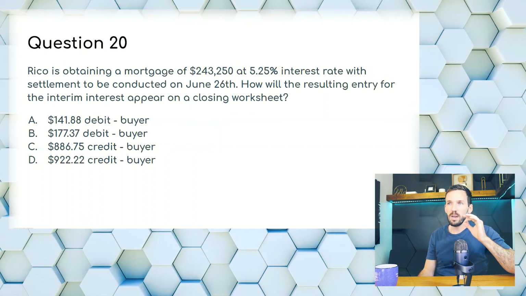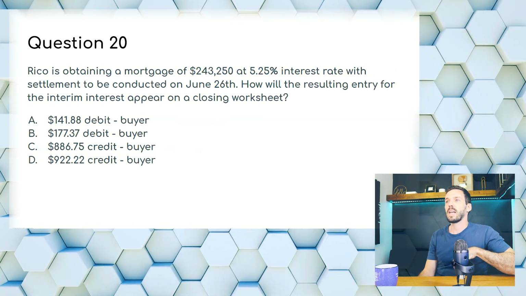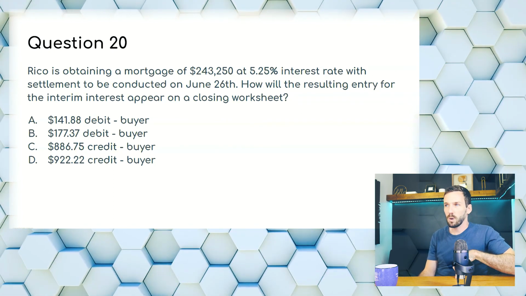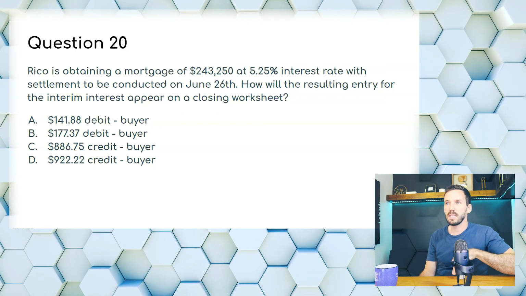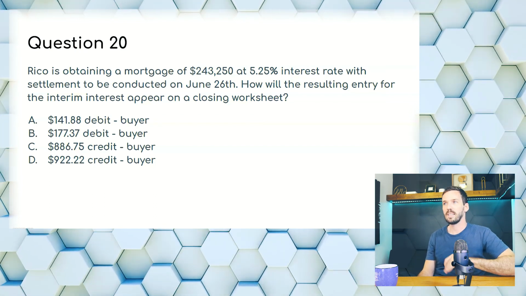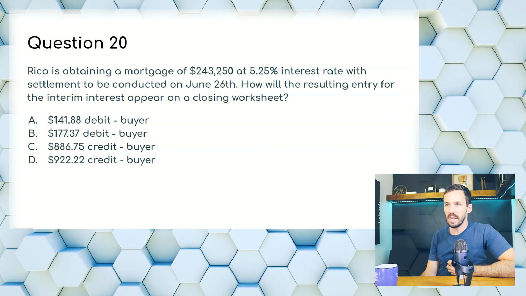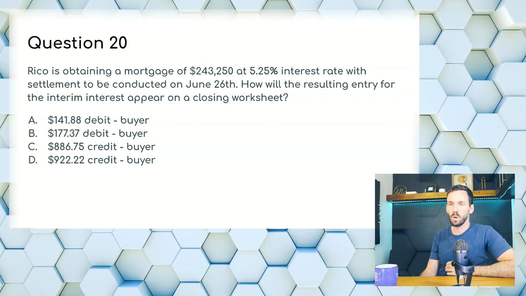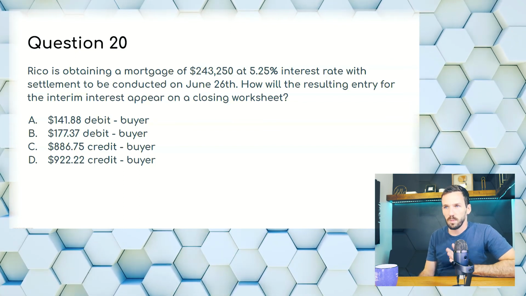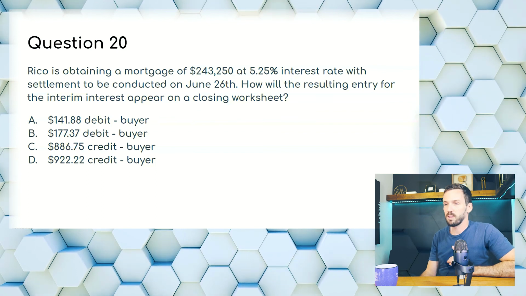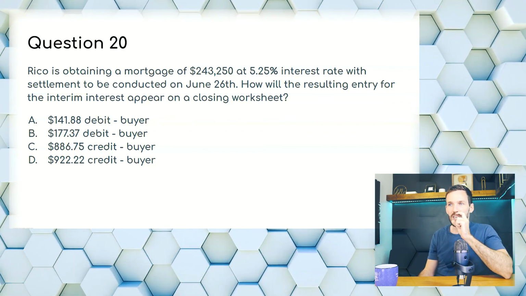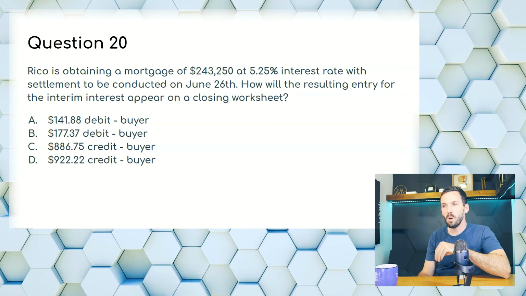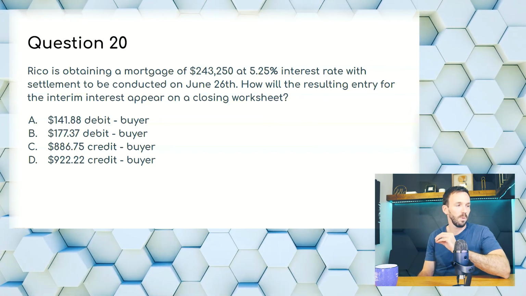Question 20. Ruko is obtaining a mortgage of $243,250 at 5.25% interest rate with settlement to be conducted on June 26th. How will the resulting entry for the interim interest appear on a closing worksheet? Quite a few different numbers here varying throughout 1,000 and less. So with interest, you count the day of closing for the buyer. Therefore,